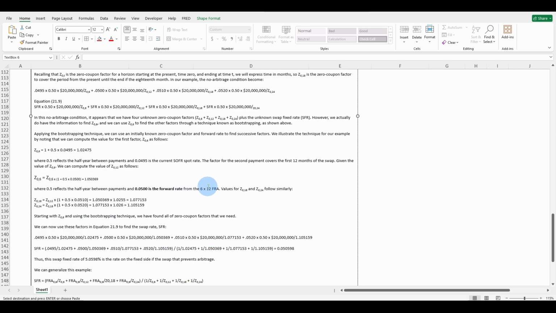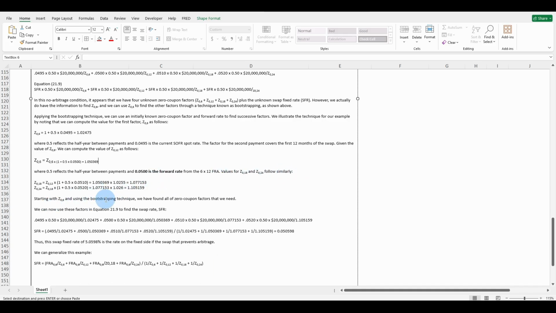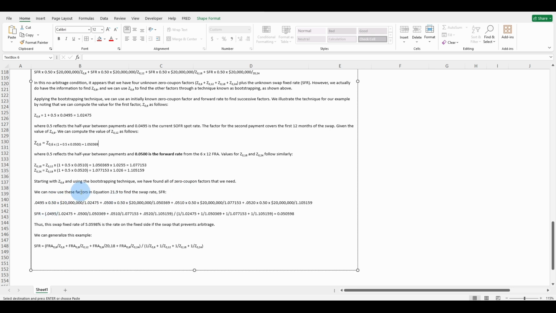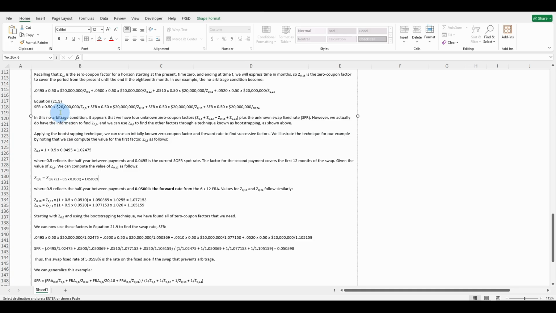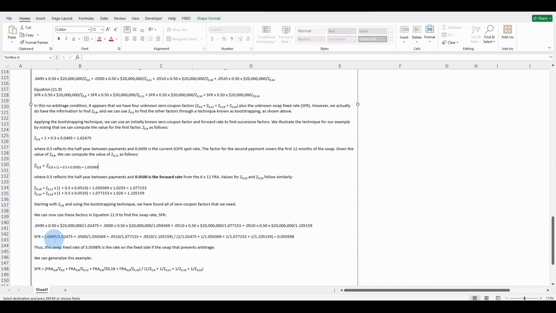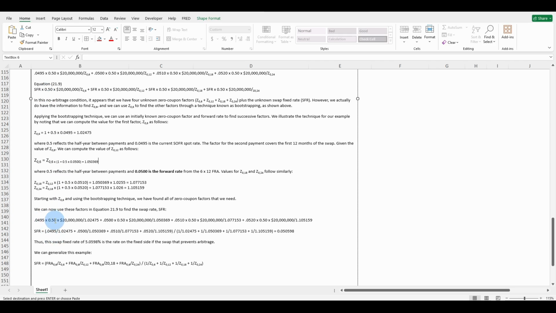from the 6 by 12 FRA. Values for 18 and 24 follow similarly. Starting with the 0.6 and using the bootstrap technique, we have found all of the zero coupon factors that we need. We can now use these factors in equation 21.9 right back up here to find the swap rate. SFR is equal to 0.495 times 0.5 times 20 million divided by